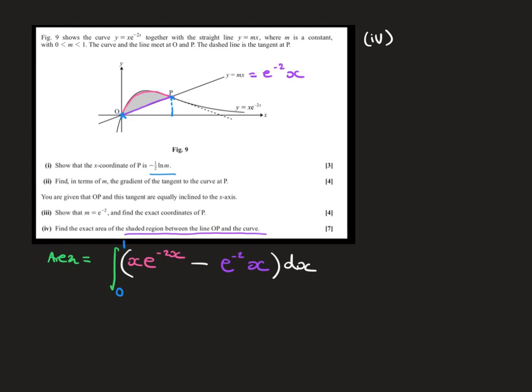Now the purple part of the integral is really easy because e to the -2 is a constant, so really we're just integrating x. But the pink part of the integral actually requires a little bit more work, and this has got to be done using integration by parts. So I'm actually going to do this bit separately. So x e to the -2x,